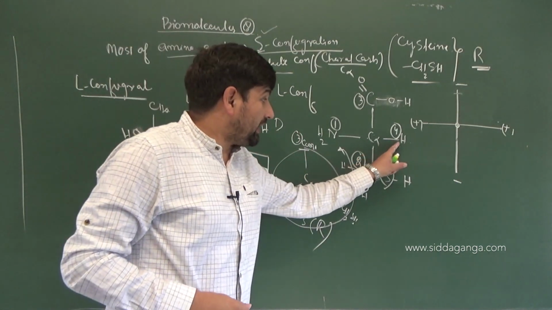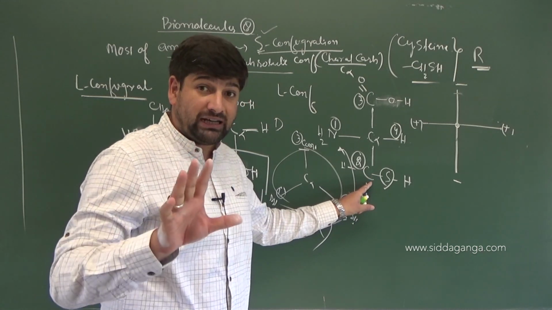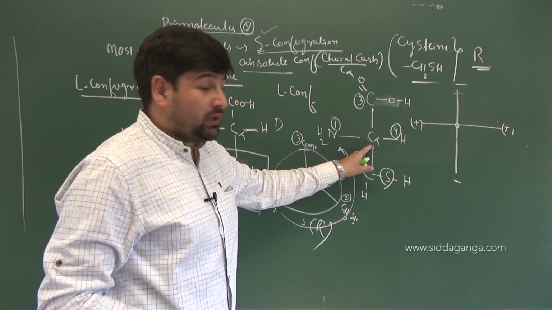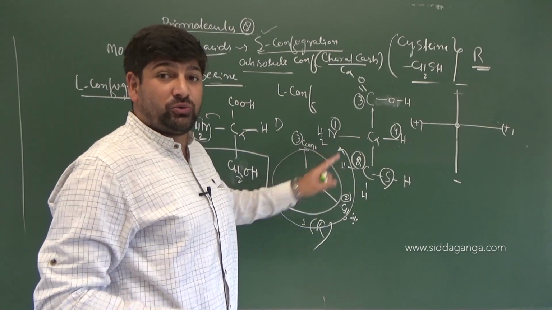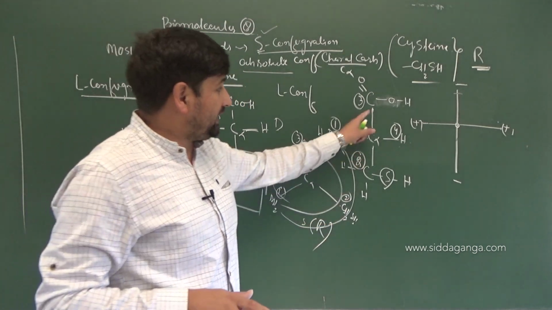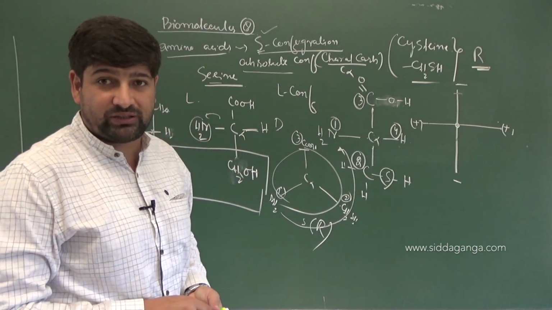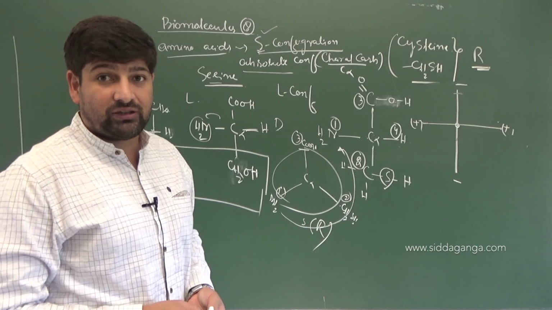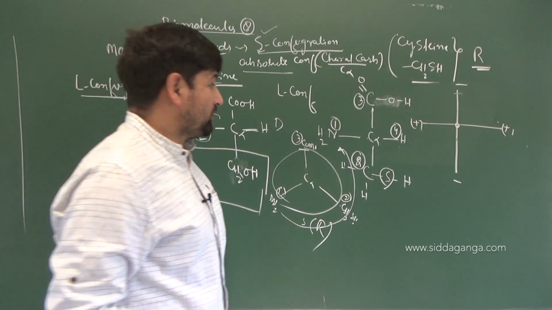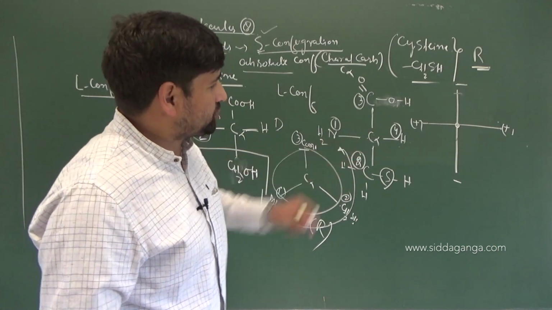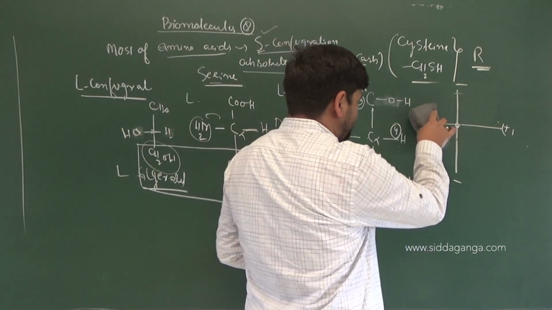I have not brought hydrogen to the position where it should be. Remember that this should be the actual Fisher projection. Hydrogen and NH2 are shown on horizontal bonds, and the other atoms like carboxylic acid and side chain will be shown on the vertical bonds respectively in an alpha carbon, in an amino acid. Am I clear? So actually it comes S, but actually it is R. Let us do some rotations here. So I'll mention down this one.